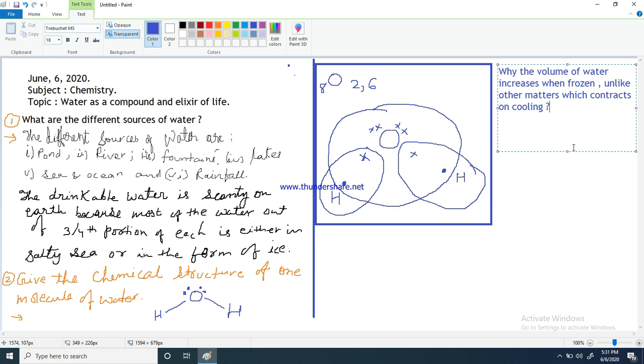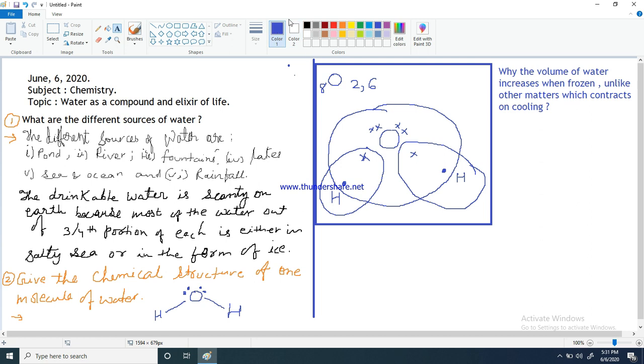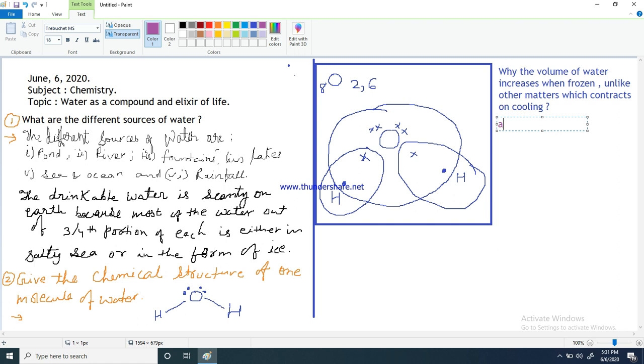So we can write down the answer in points over here, or we can write with the help of a pen also. We can change the color of the pen and we can write the answer here. It will be so nice and clear. First, water has a unique property. Second, when water is frozen, then